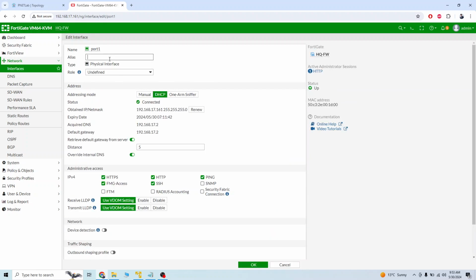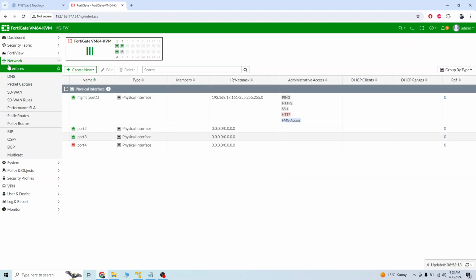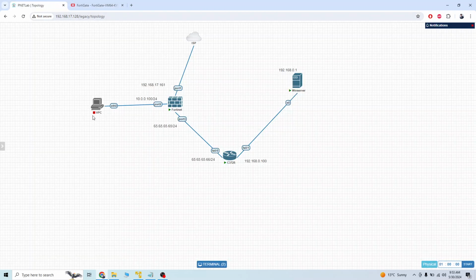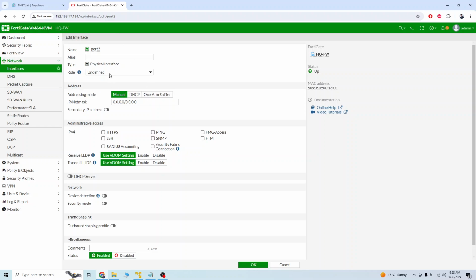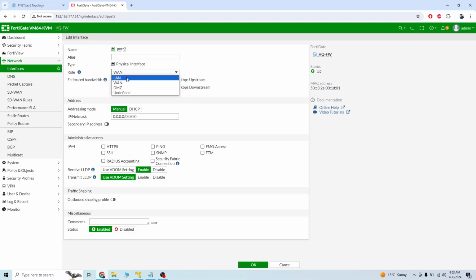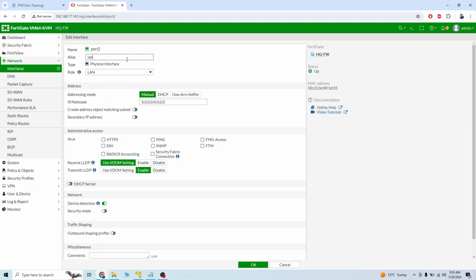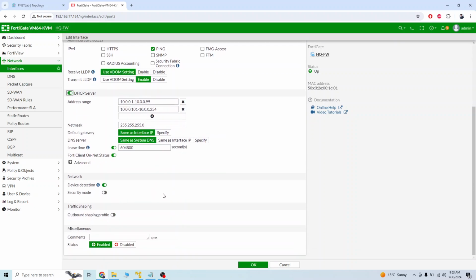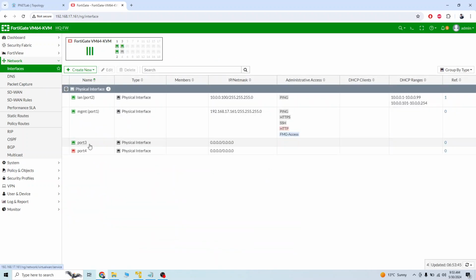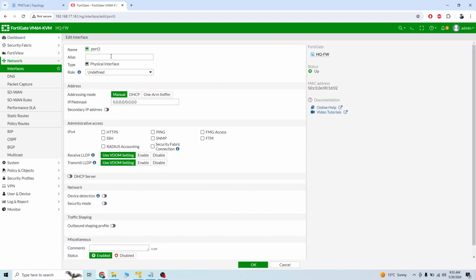Port 1, let's name it management. Port 2, this one is my internal LAN port, 10.0.0.100. Allowed ping, DHCP enable, that's it. Okay. And port 3 I will use as a VPN port or ISP port. ISP,